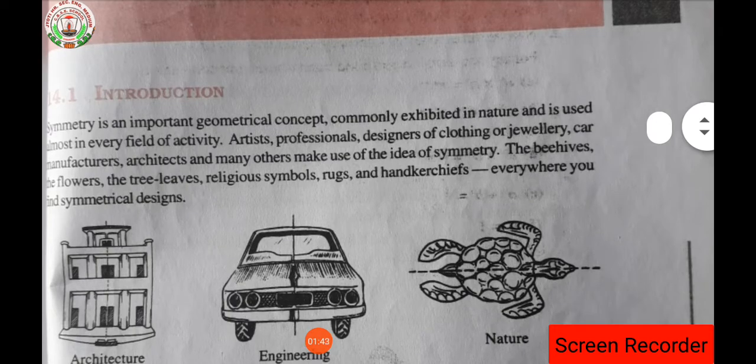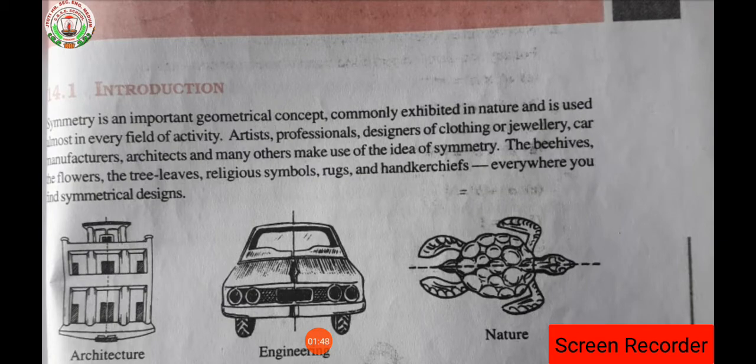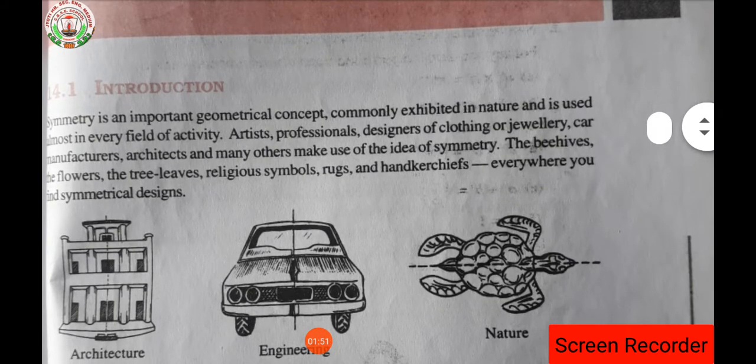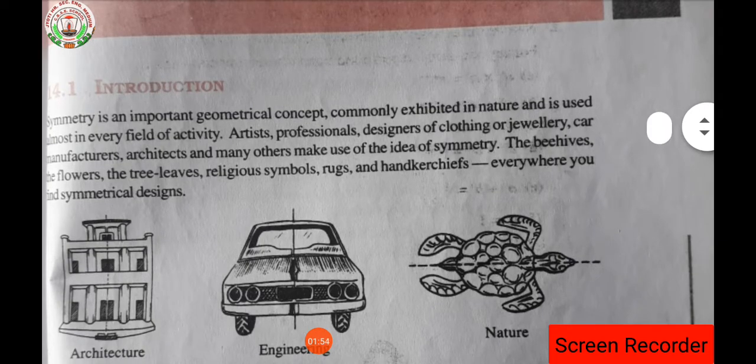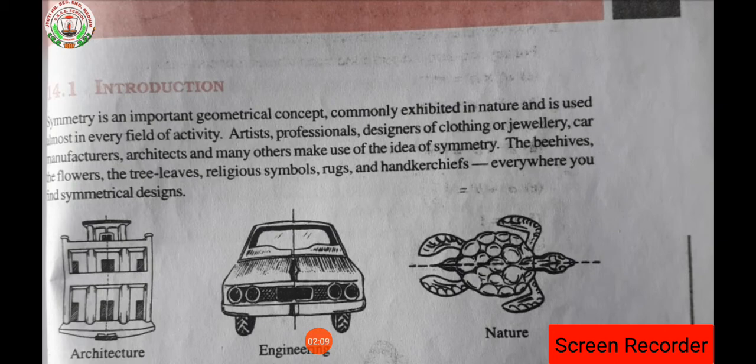Whatever things we can see, whatever things we observe in our day to day life, depend on the symmetry itself. Suppose an architect is going to build a house. The house will be divided into two equal parts. Of course it will be divided, otherwise half of the part will be more and half will be less. Then how will the structure of the house look? It looks awkward. That's why the architect always uses symmetry. Symmetry is of 2-3 types: line symmetry, rotational symmetry, reflection symmetry. That we will study after we go through the symmetry.